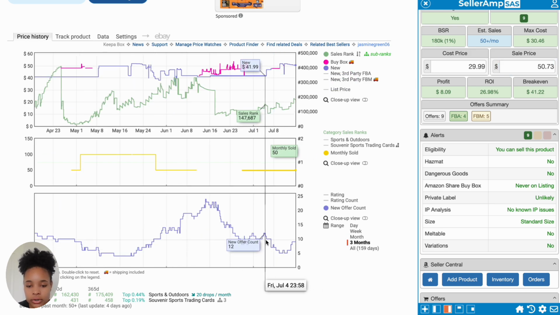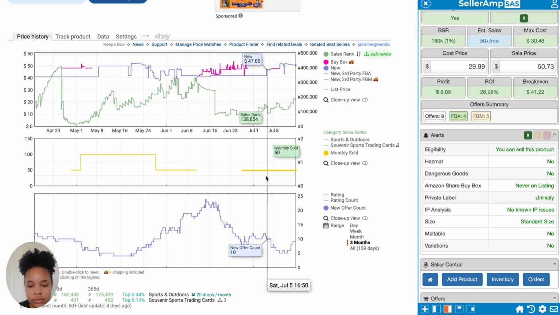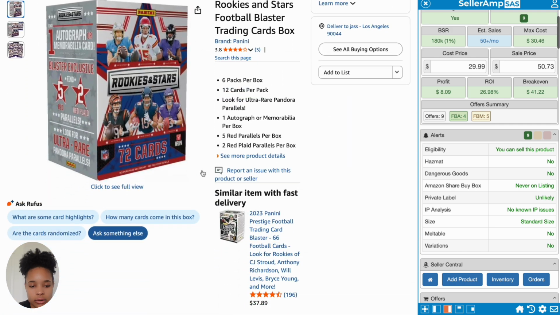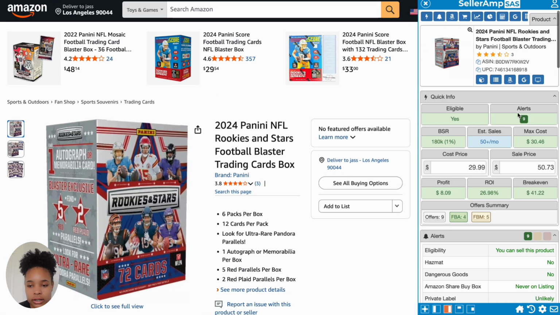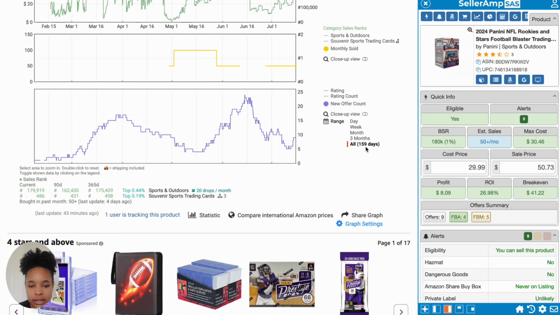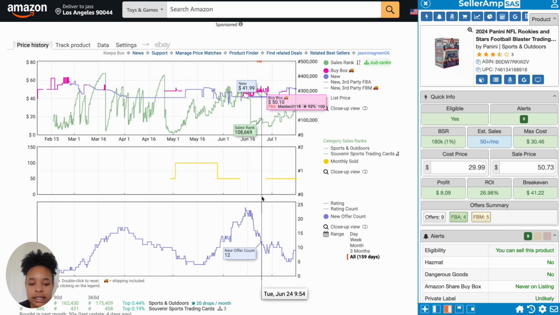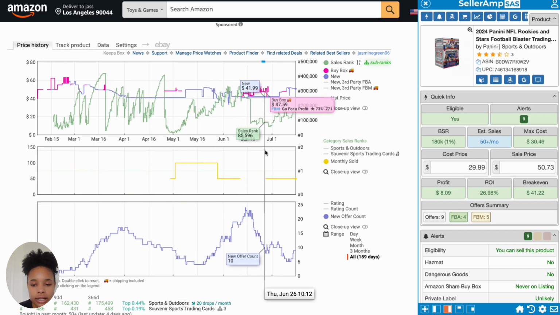It seems like the offer count was going down just a bit, and then it just recently raised just a bit as well, and then we see that it stays at the 50 estimated sold. But then this is also too, is this considered a toy product? No, it's more of a trading cards. So let me see. Yeah, it's never really been that crazy in demand for sales for this product, but you